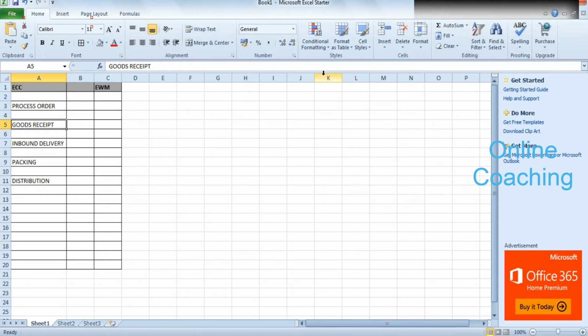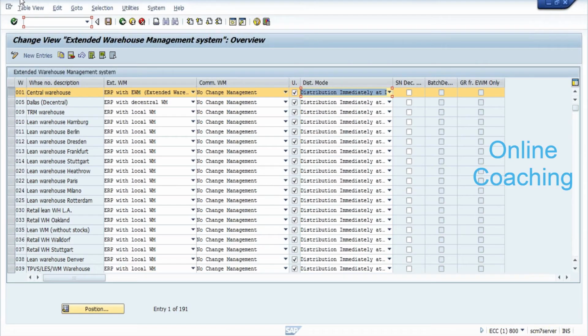So in that case, I will go ahead and stop the distribution. So the inbound delivery, or any delivery, will not get distributed as soon as the document gets created. Then, let's say I want to do a packing or something, and then I will manually go ahead and do the distribution. If you want to manually do the distribution, there is this transaction which is known as